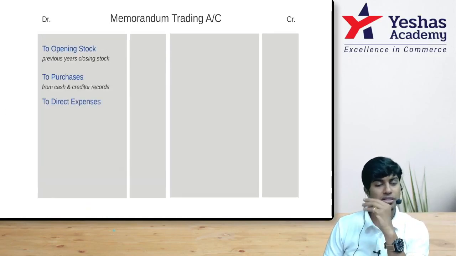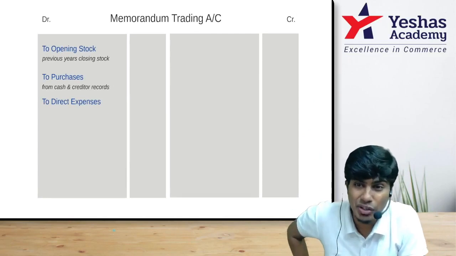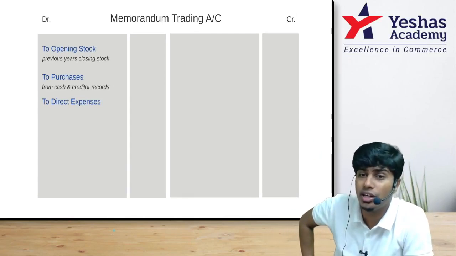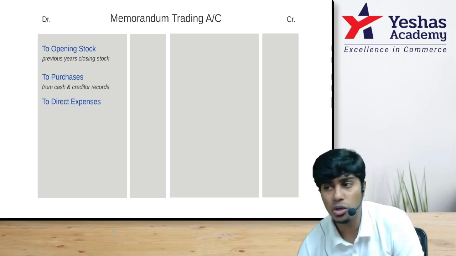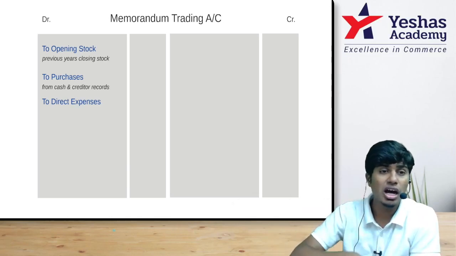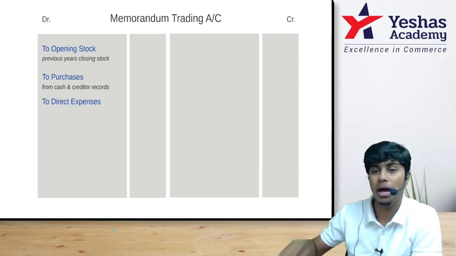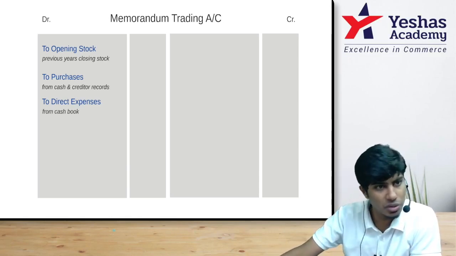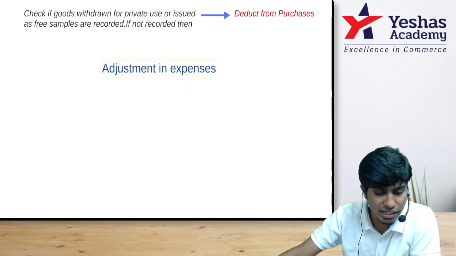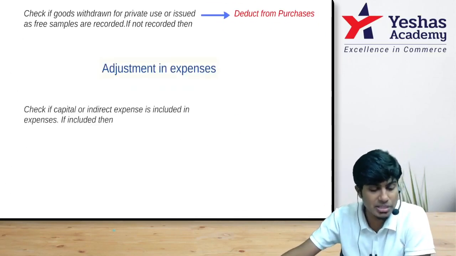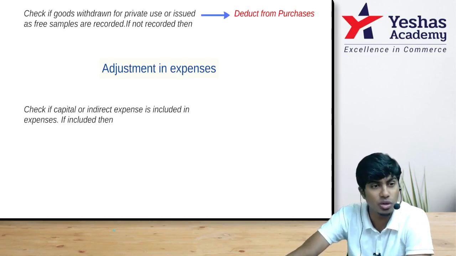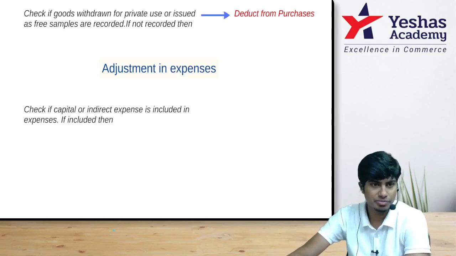After opening stock and purchases, next we'll write direct expenses. We need to write all the direct expenses incurred from the beginning of the accounting period till the date of fire. This will be available to us from our cash records, and if there is anything outstanding, from our balance sheet. So that is the place from where we'll identify this item. Direct expenses. We'll write this direct expense. After direct expense or indirect expense, remember certain things. Only we should write revenue expenditure. If there is any capital expenditure included by mistake, eliminate the same.